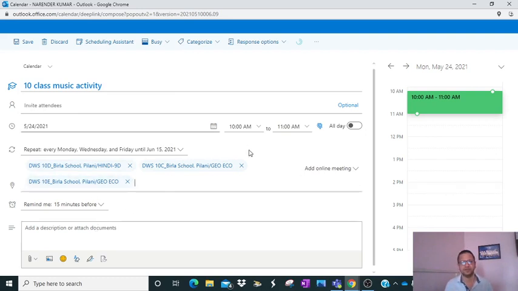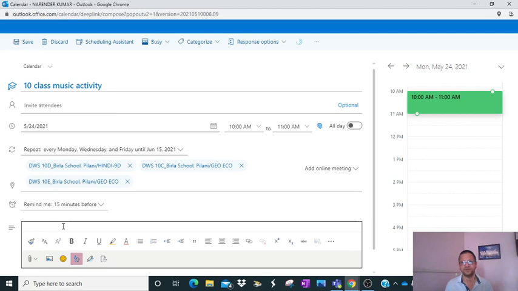and in the last, when I click on the save button, automatically the schedule will be sent to all the students who are in the particular channel. I am not clicking it on a real time basis. If I click on this one, it will be automatically sent to them. Some instructions we want to add, we can do it from here. So this is one of the methods by which we can create the schedule.